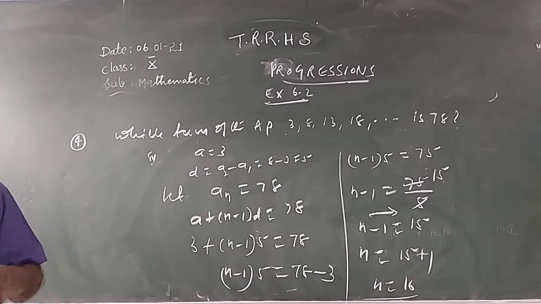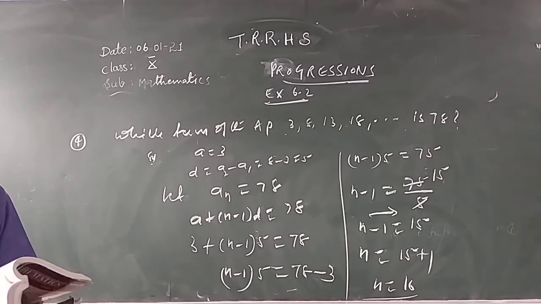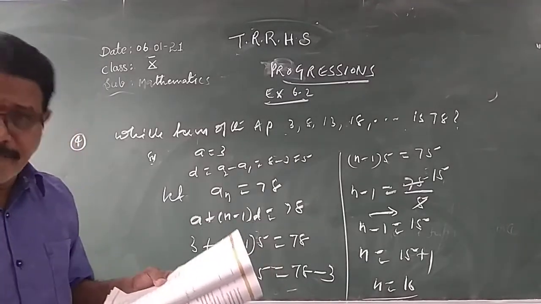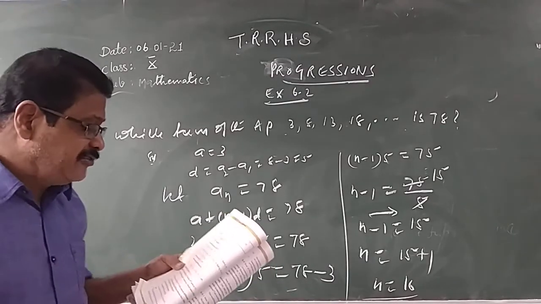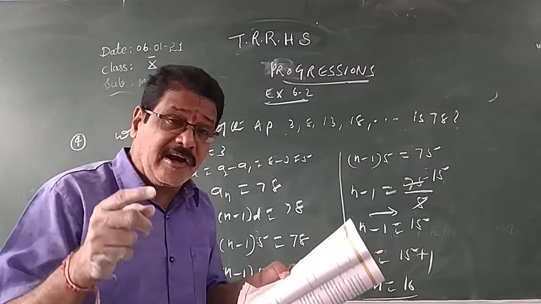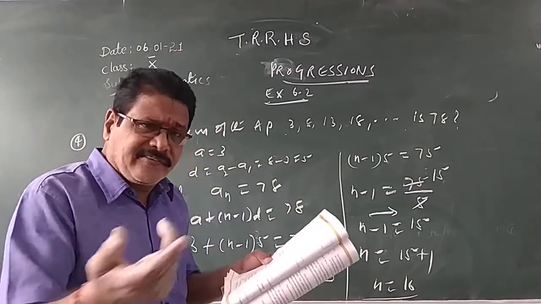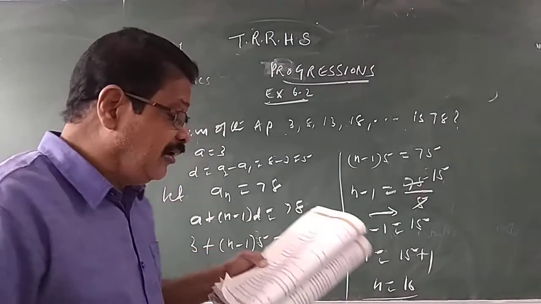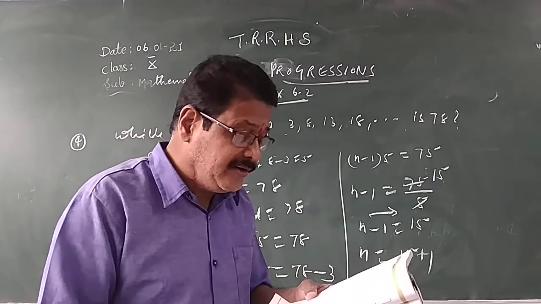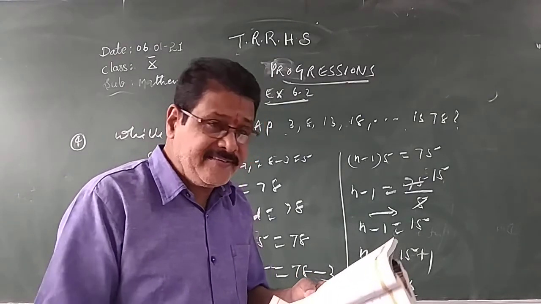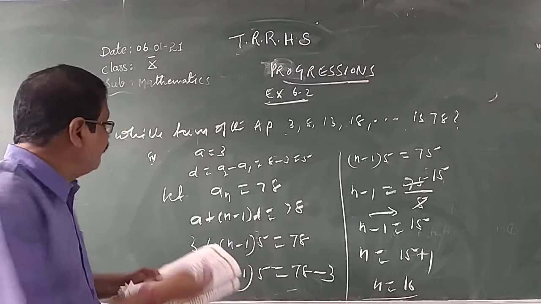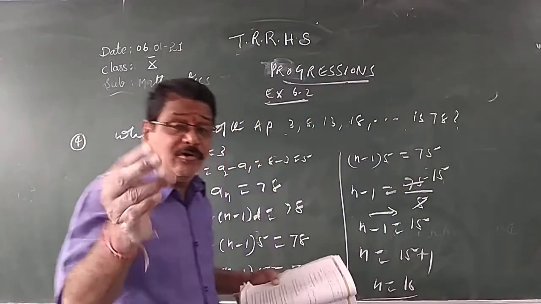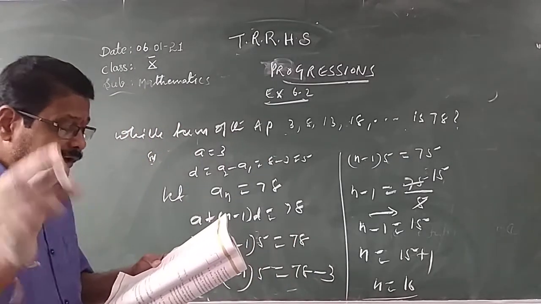Next, I go for the fifth problem, same model, you do it. Fifth problem, which term will be 205? Nth term. First bit: which term of 7, 13, 19, and so on is 205? An is equal to 205; substitute and you will get it. Similarly the second bit is also the same thing. Fifth problem is the same model, like the fourth; I skip it, you do it, okay children? Whatever problems I skip, you have to do.